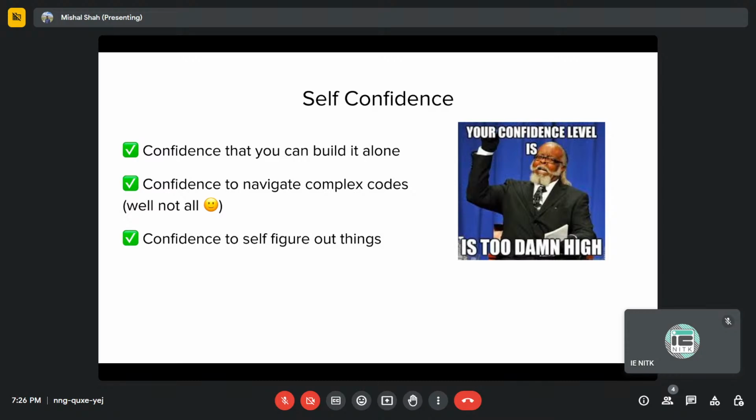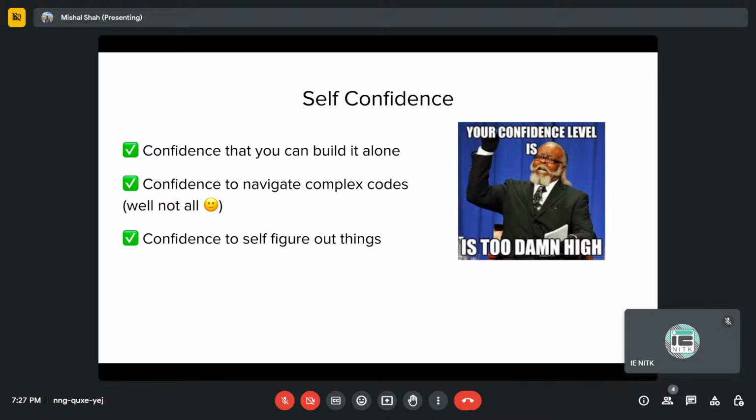But once I started doing it, I got the confidence that I can build it alone, since it's usually something you do on your own and not much of a pair programming thing. Once I did one contribution, that eventually progressed, and that confidence is very much needed to go ahead in the software world.